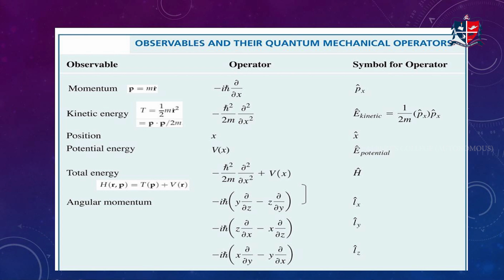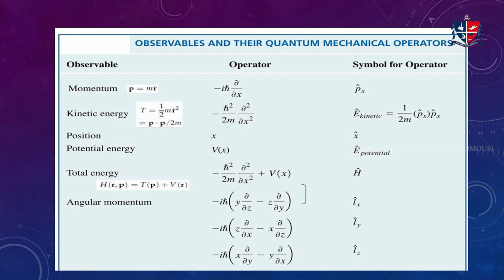Then another measurable property is angular momentum, which is represented by Lx, Ly and Lz. Lx represents the angular momentum along the x direction. Ly shows the angular momentum in the y direction, Lz in the z direction, and the total angular momentum is capital L cap, which is the sum of small lx plus small ly plus small lz, and each